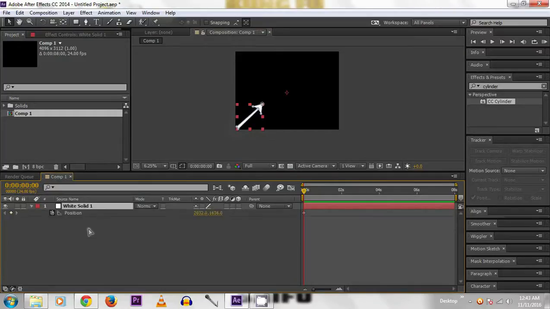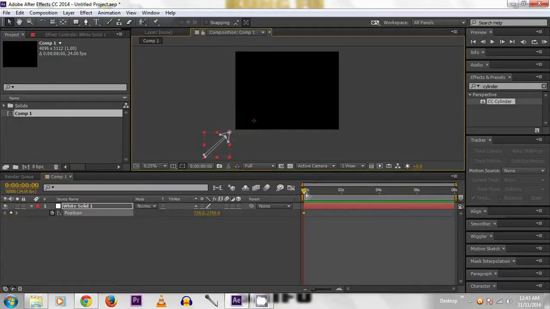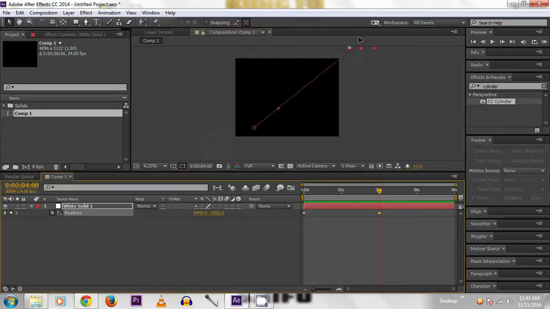Press P for the position. After 4 seconds, move the arrow to this position.